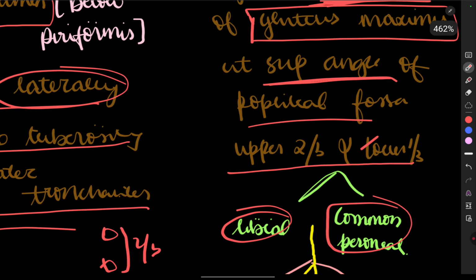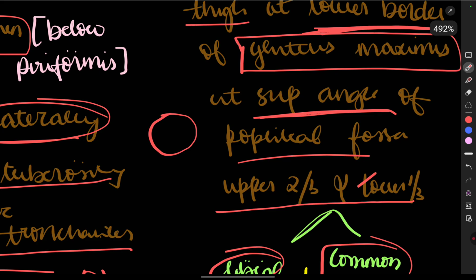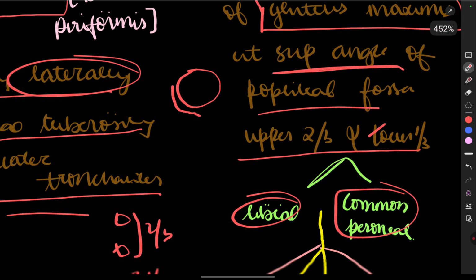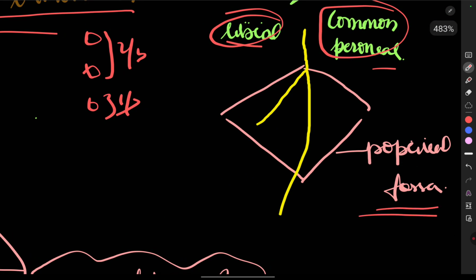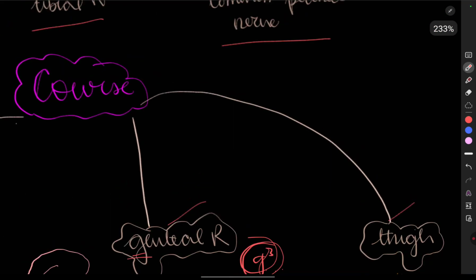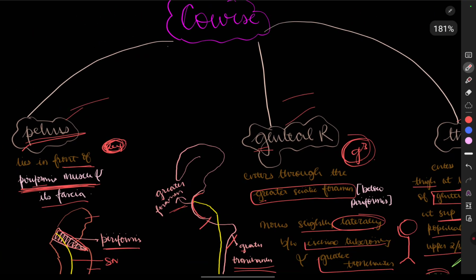Okay, now gluteus maximus. Suppose this is a gluteus maximus muscle, lower border of the gluteus maximus muscle, and then it descends till the popliteal fossa, superior angle. Then it divides into tibial and the common peroneal. See, this is the popliteal fossa, diamond shaped fossa. Check the video out of the complete popliteal fossa. I'll link it in the description box. So this is the sciatic nerve, divides into the tibial nerve and the common peroneal nerve. So we are done with the courses, that is in the pelvis, in the gluteal region, in the